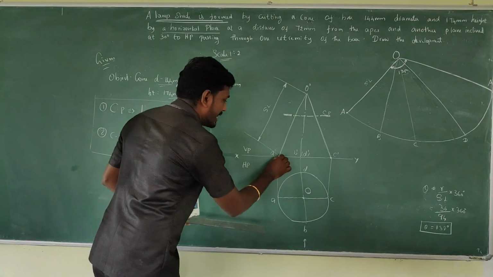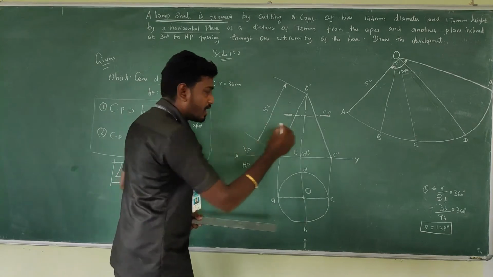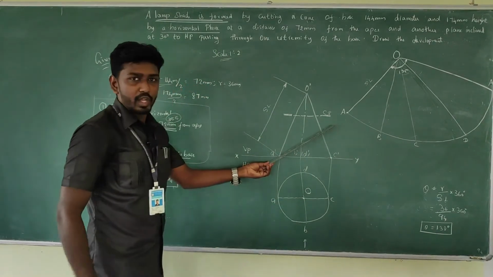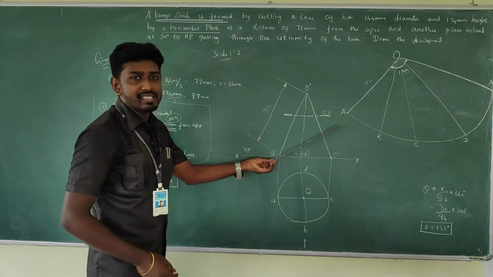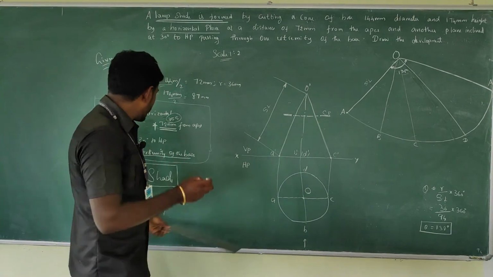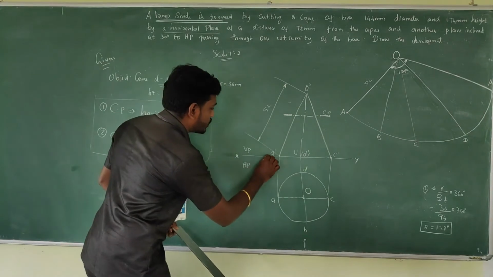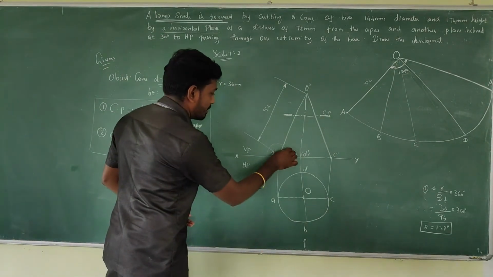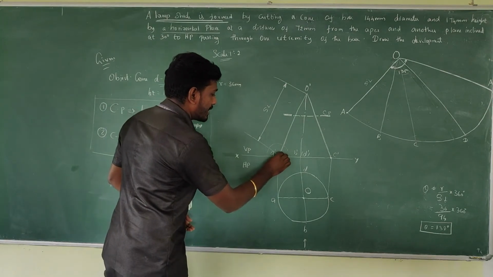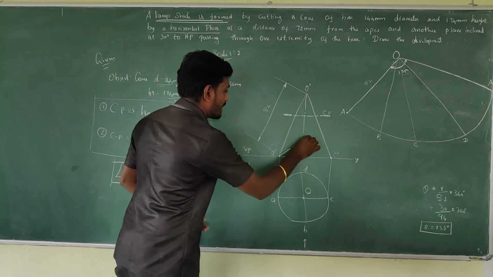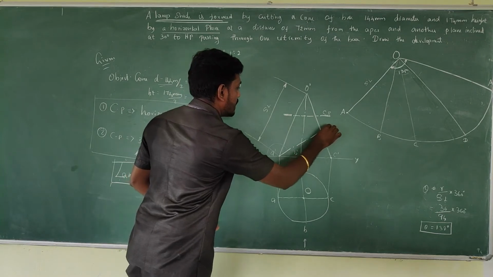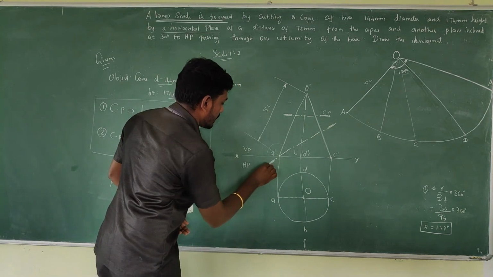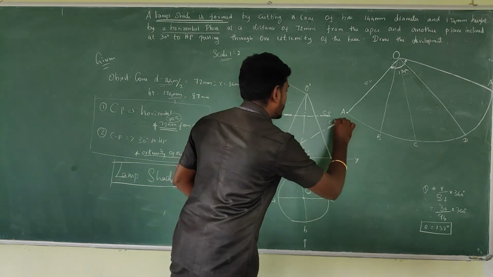Either we can pass the cutting plane through this corner or through this corner. I am going to pass through this corner. I am going to keep the cutting plane something like this. Now the measurement is 30 degrees. So keeping at A, just take the measurement 30 degrees, and just pass the cutting plane, long line dash, and thick line. And here as well, thick line. This is the second cutting plane.